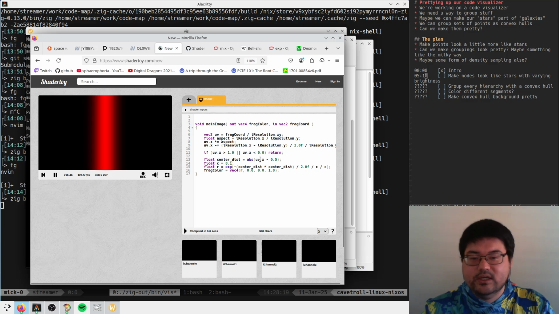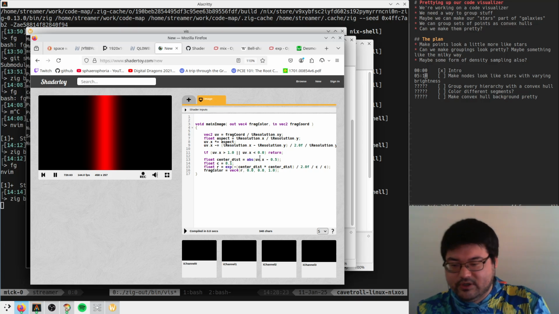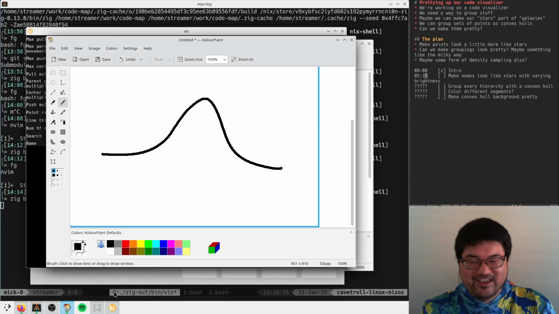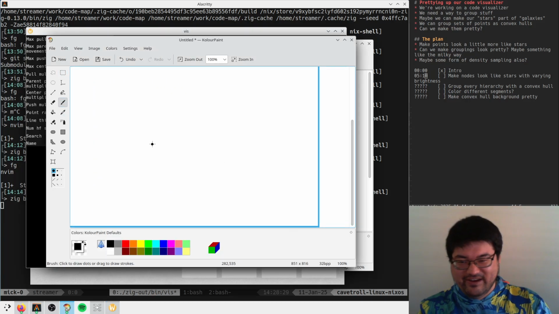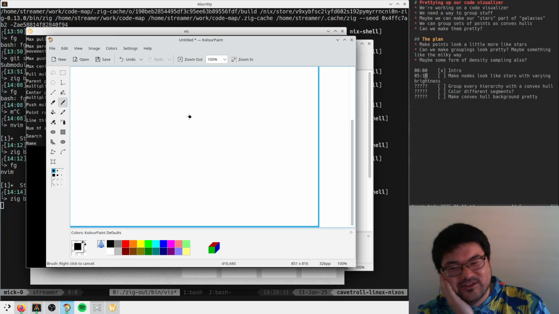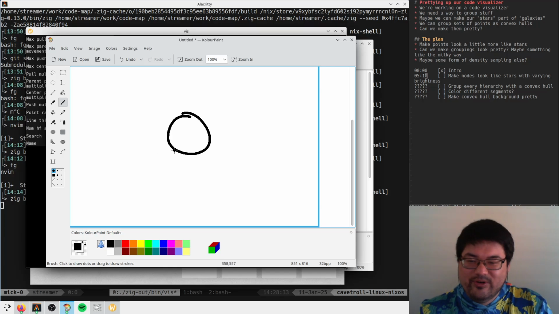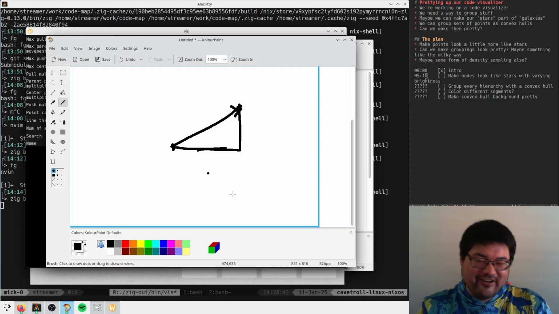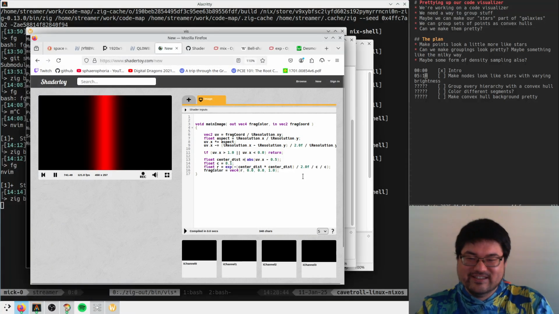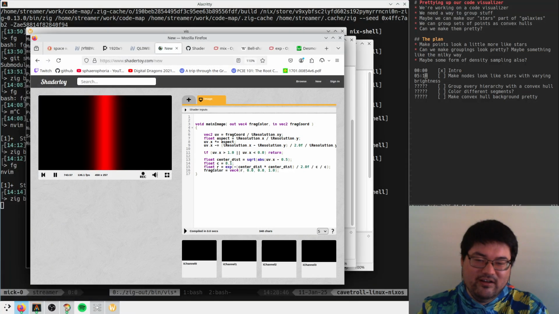So this center dist is going to be what? You have a circle. That's the most we've thought today for sure. So circle, we have a point here, we have a point here, right? How far is this? A squared plus B squared equals C squared. Okay, so this is going to be the square root of